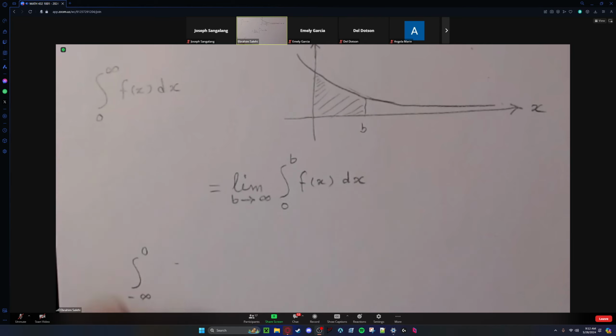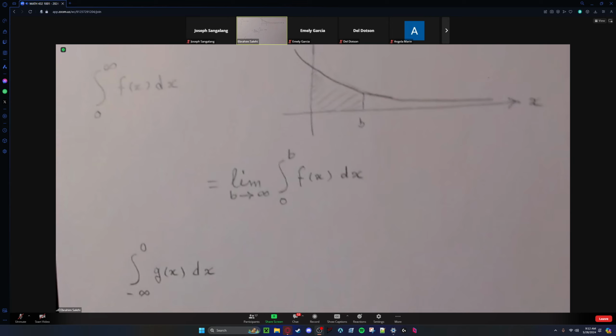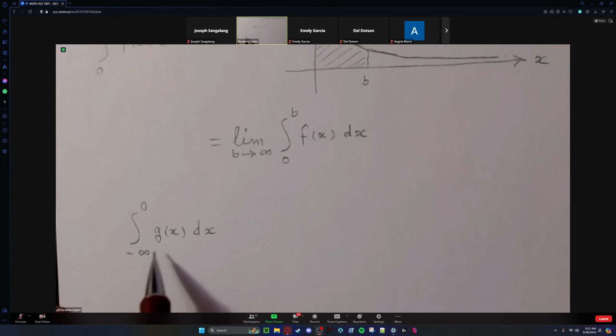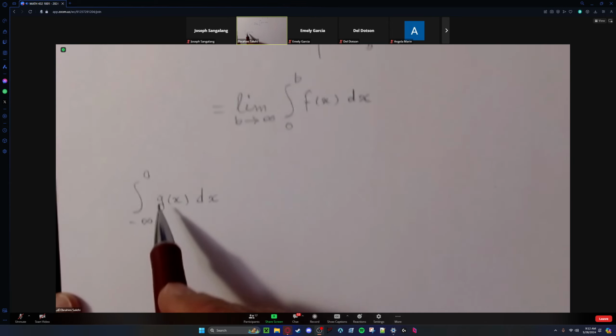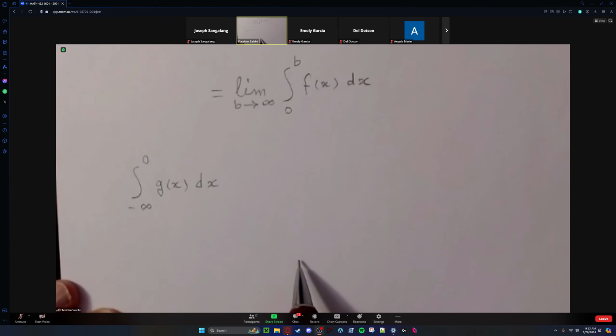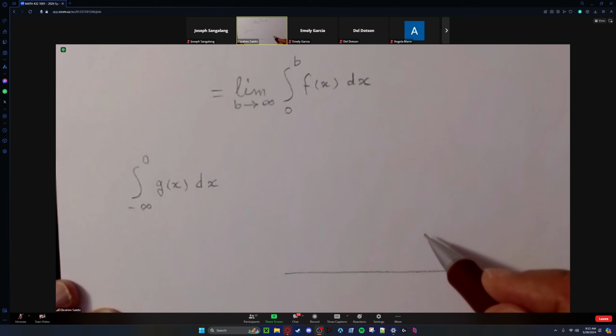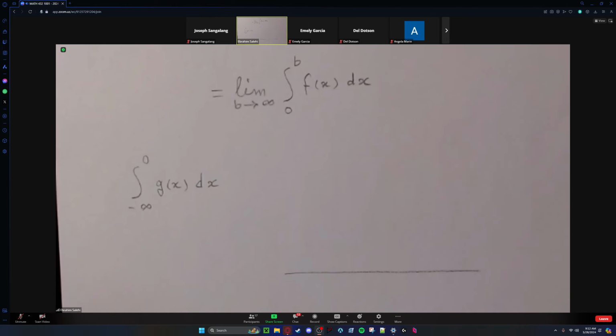I don't want to have the same function. How do we interpret this one? Well, you have a function that is defined from negative infinity to